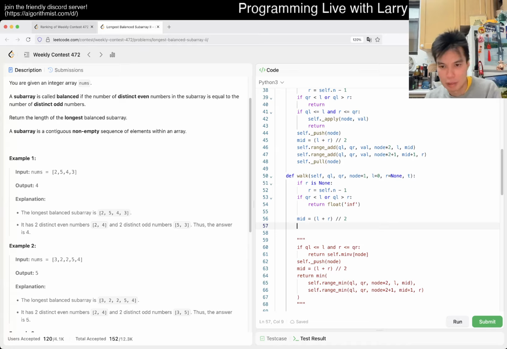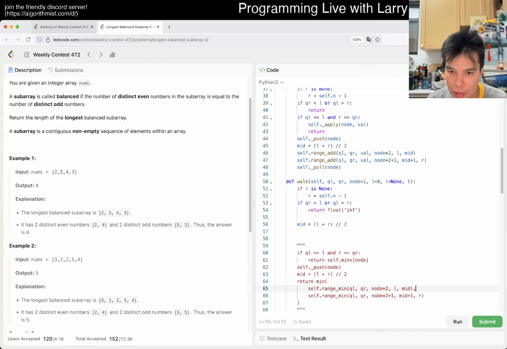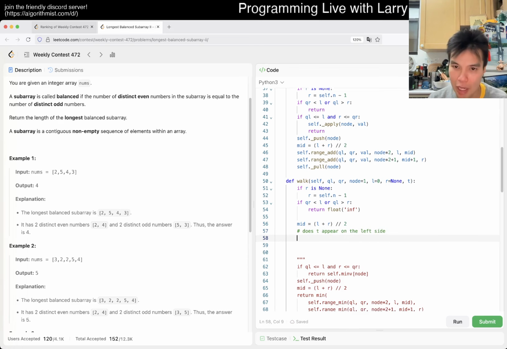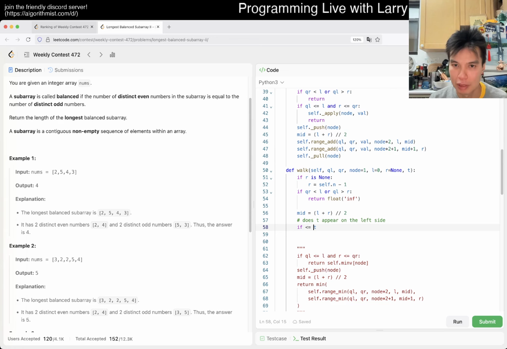So that means maybe I do need the min thing. No, because then that is that a... I'm just looking at this and it looks very weird. Oh, this is the query, that's why. And then okay, so that means that the left side is... it's been a while since sec3, that's why. So then does t appear on the left side, and then so now if t is between self.min v of node times 2